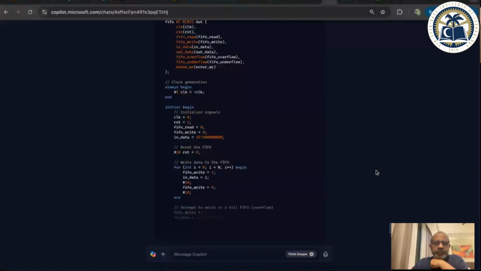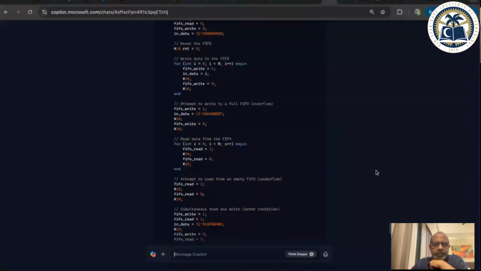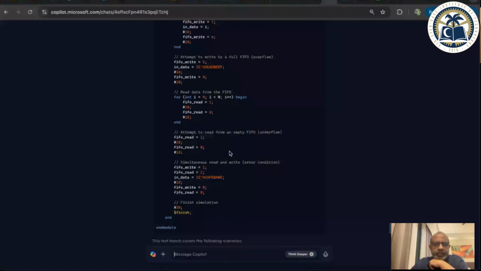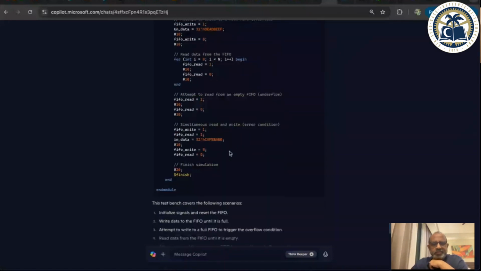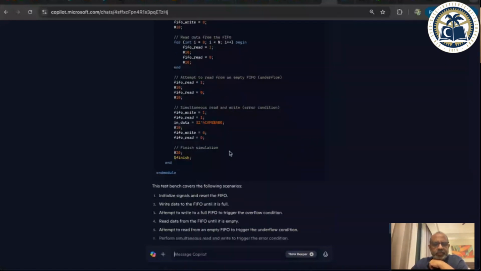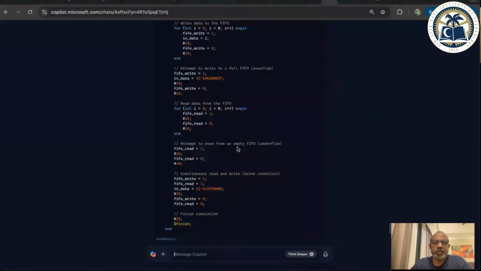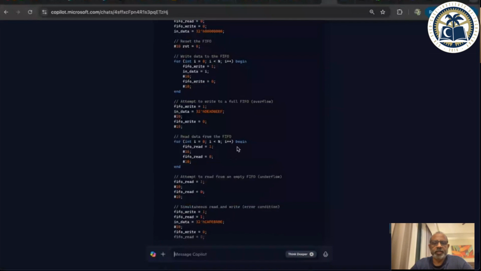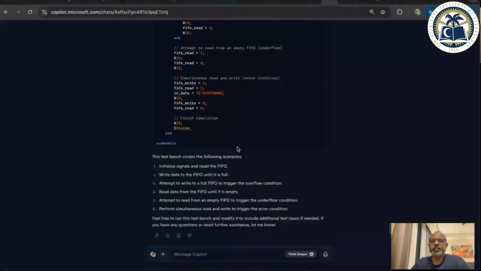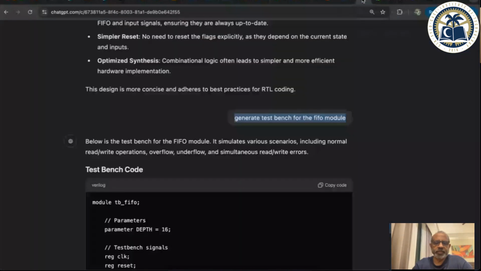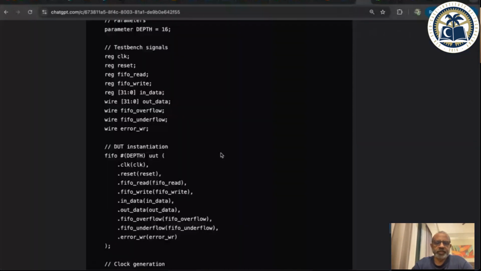It is generating FIFO write assert, and then read assert, and then it just checked. You may ask it to do initialization, write, read. It's just very fundamental checking, but as you can see, there is no display or monitor statement even if you run it. You have to look at the waveforms. But once I asked ChatGPT, it generated a good test bench, checking all the conditions,